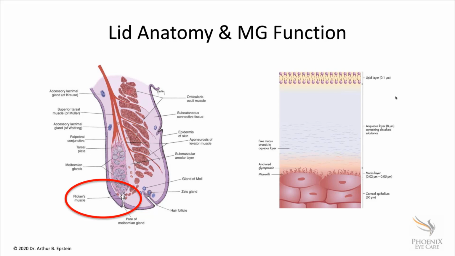And the muscles of Riolan create a check valve so that a metered amount comes out every time we blink. So no matter how hard, how frequent, how infrequent you blink, you're getting the same metered amount, which is sufficient to coat the tear film, which occurs on upblink. And you can see here, the anatomy, the muscles of Riolan are at the very bottom portion of the Meibomian glands. And you'll see changes in the Meibomian glands caused by back pressure, and we'll talk about gland